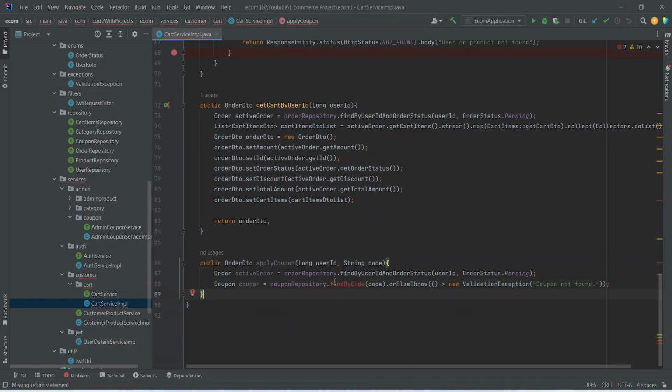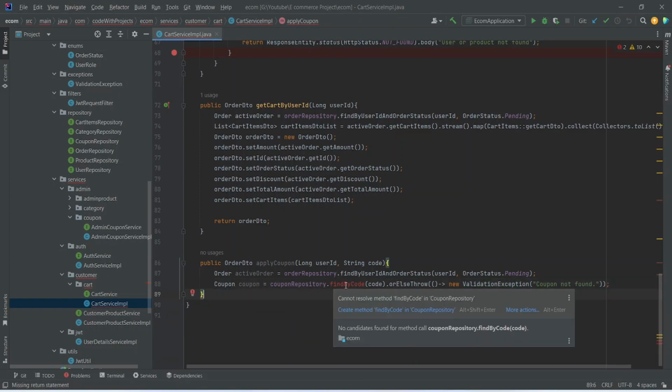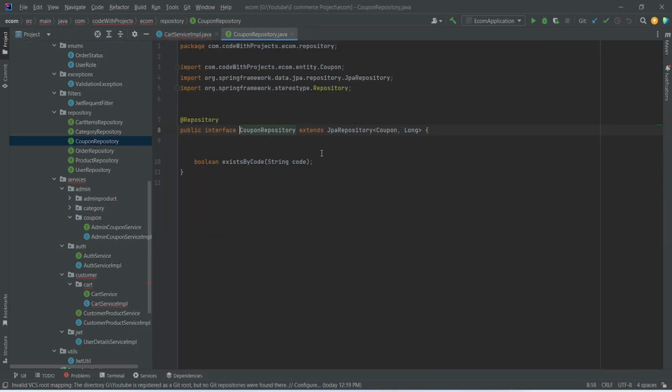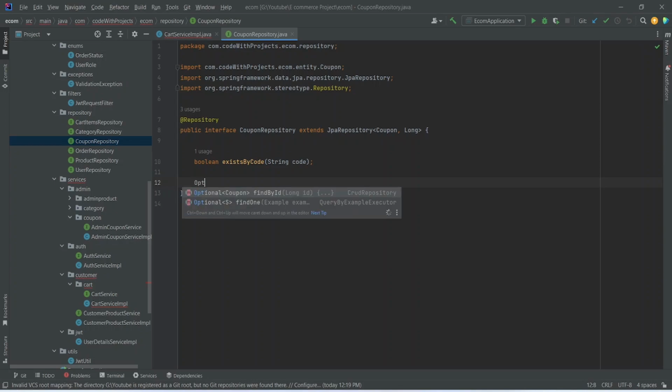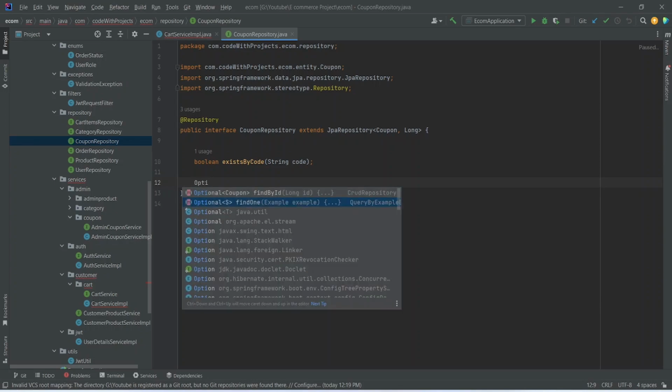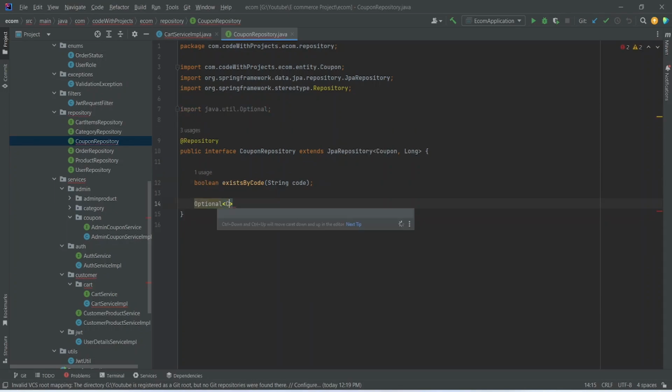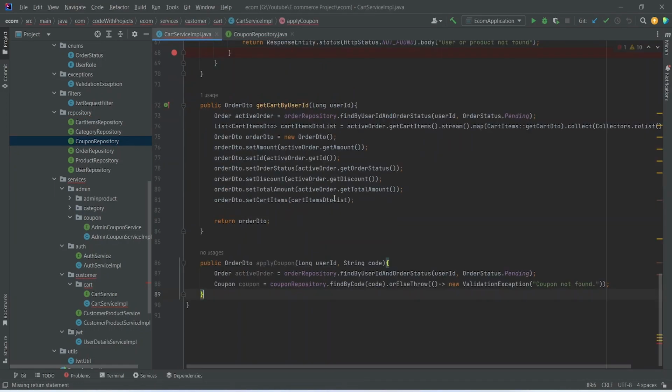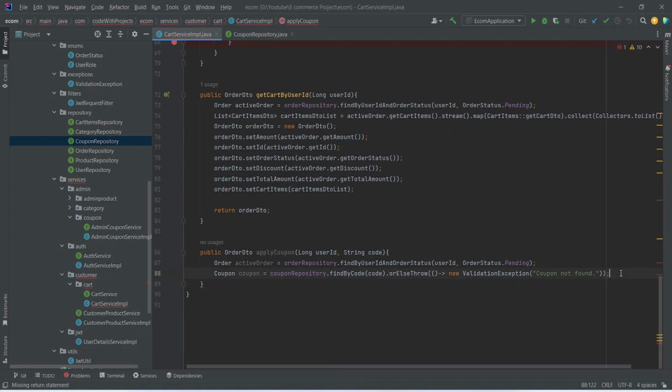After this we need to create this findByCode method in our coupon repository. So let's go to the coupon repository, and here the return type of this method will be Optional of Coupon, and we need to write the query as findByCode, and then in the params we need to pass String code. Now let's go to the cart service implementation, and here after getting the coupon code we need to